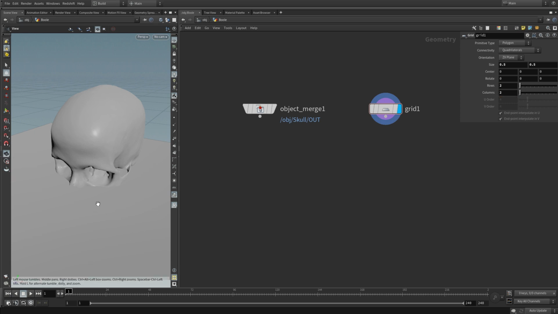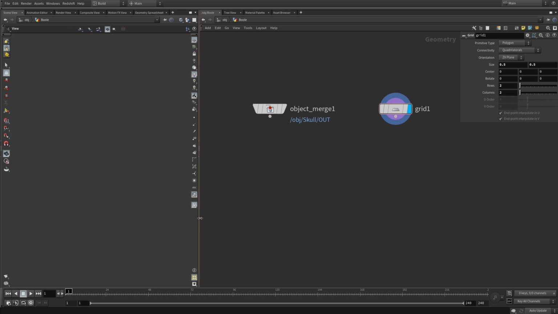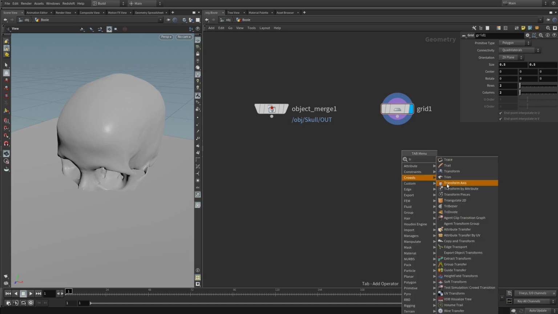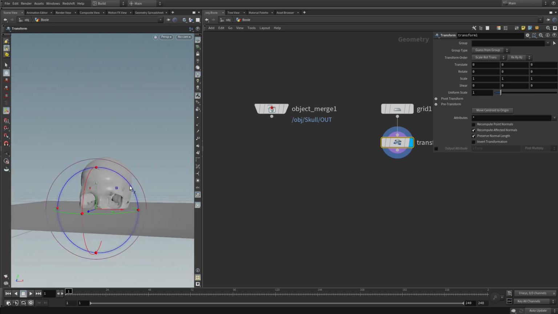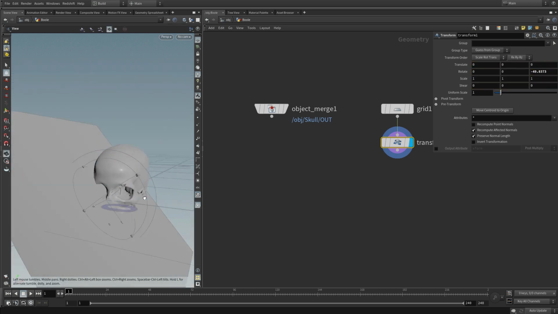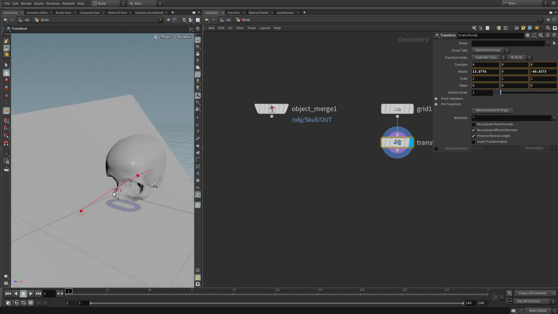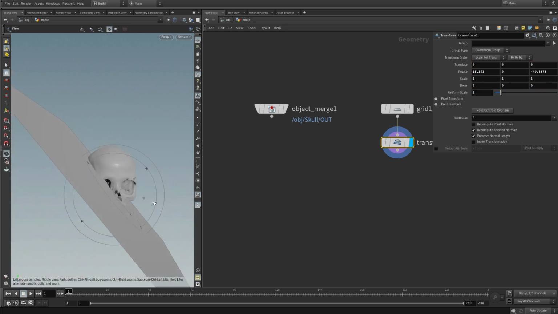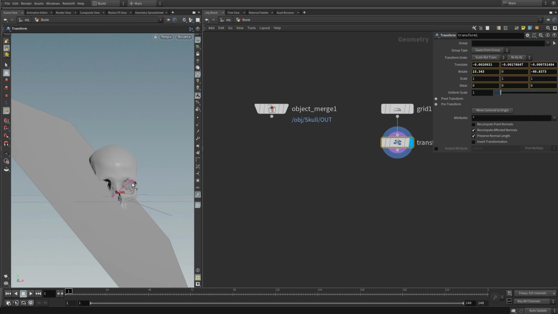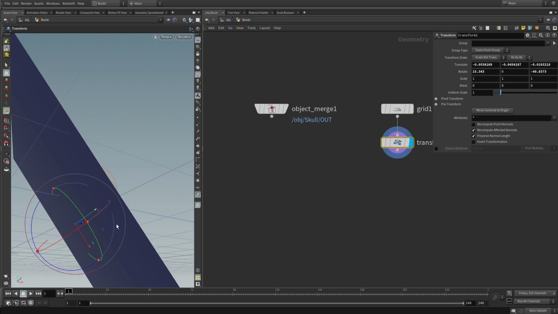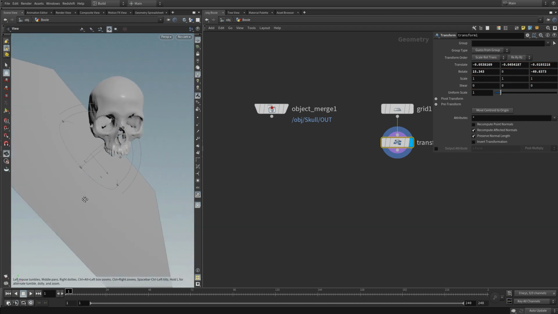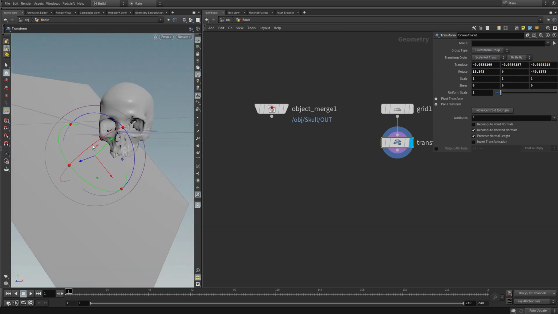And we want to use that one to cut the skull open. So let's append the transform here. And now let's transform this grid. Let's rotate it like so. And then a little bit along the X to the front like this. And this will be our cutting plane. So move it over such that it barely touches our skull. Like so. And now I want to animate this grid through the skull and later use it inside of a